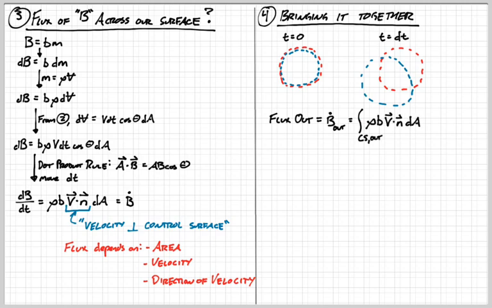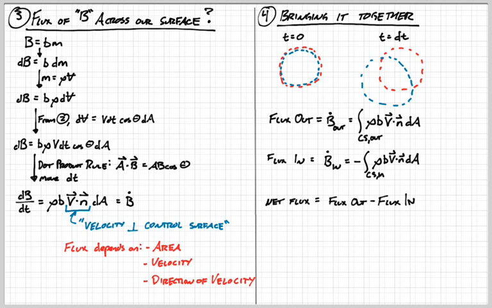So we can define the flux out of our system by integrating all of the outward fluxes across the control surface. And similarly, we can define the flux into our system by integrating all of the inward fluxes across the control surface. So those two integrals have cs, comma, out or comma in as their subscripts. And the net flux across our control surface is what went out minus what came in. Or in this case,